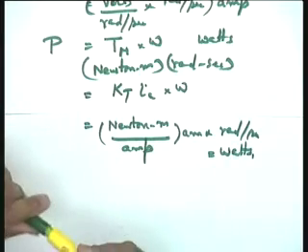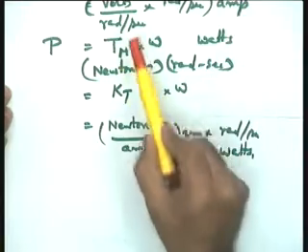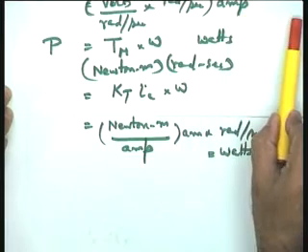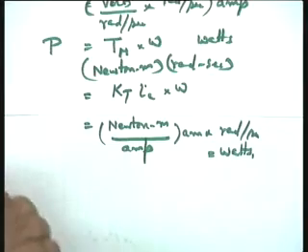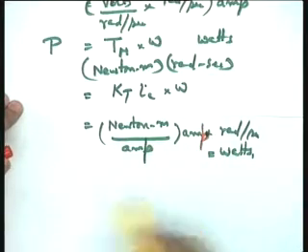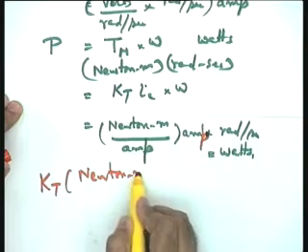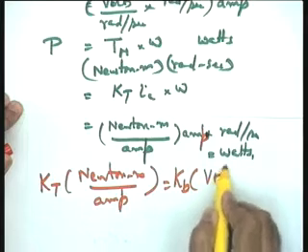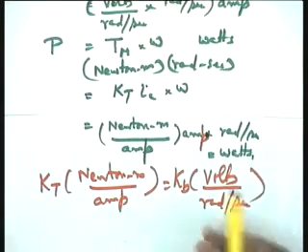Okay. Now, please see that in this particular case, if you compare this, I hope this is also available on the screen, this expression: volts upon radian per second into amps is watts, and Newton meter per amp into radian per second into amps is also watts. So, naturally, if I take kT in the units Newton meter per amp, this becomes equal to kB when taken in units volts per radian per second. This point may please be noted.